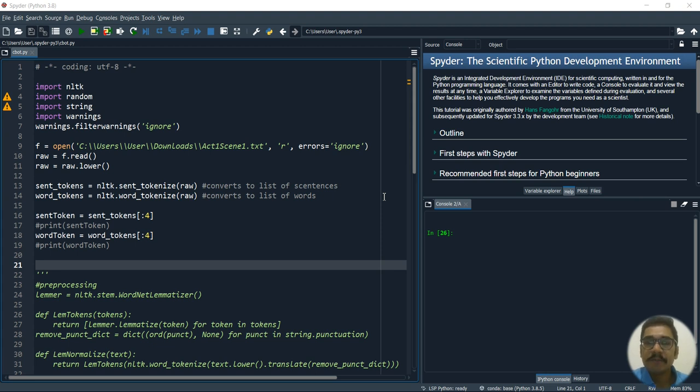So in today's video, we'll be doing a special activity in Python. That is, we'll be creating a chatbot basically, but don't have that big an expectation, like we'll be building some Siri or Cortana or something like that. This is a simple example in Python that we'll be doing.